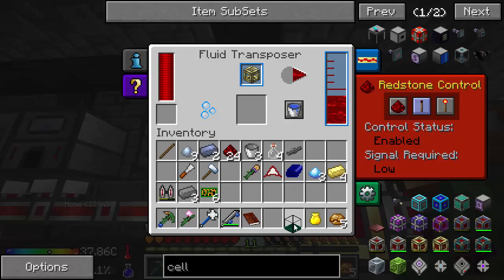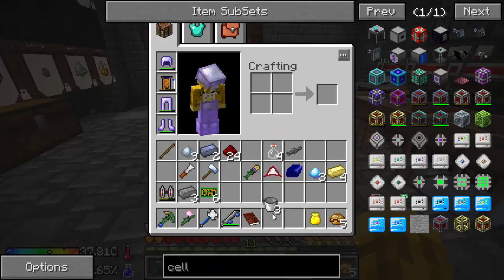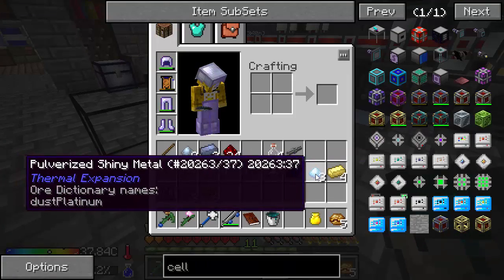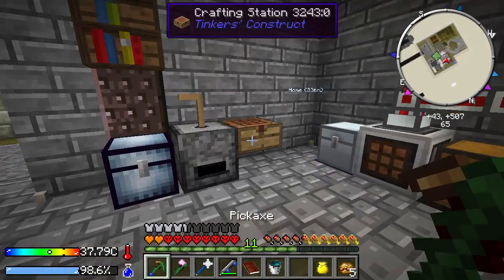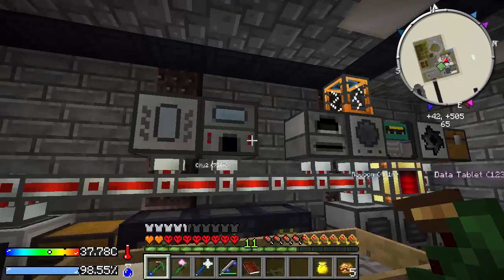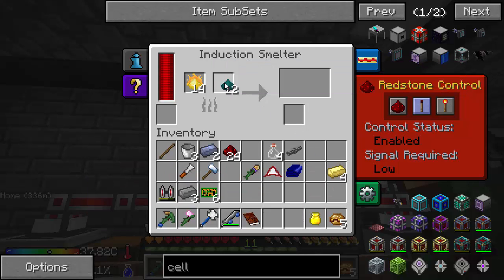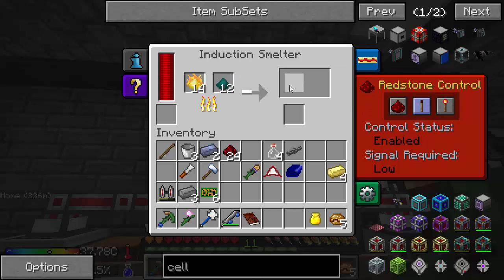To upgrade it, we need enderium bars. That's going to take some buckets of ender juice, which I have extra of from the reactor. I also need some shiny metal that's been pulverized, and some tin that's been pulverized. Then I can just put that there and get my enderium blend. Okay, and then that stuff needs to be cooked with induction smelting on the pyrotheum dust. So we'll do that. And I think it's 2 enderium blend for 1 dust, and that'll make us 2 bars,